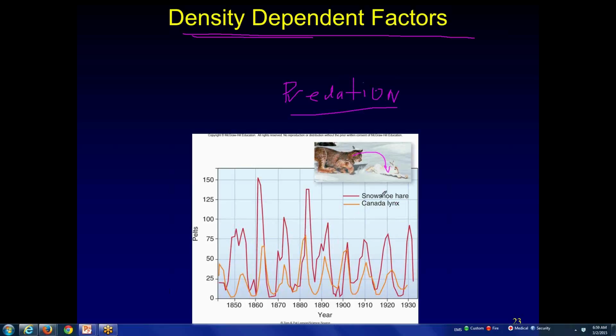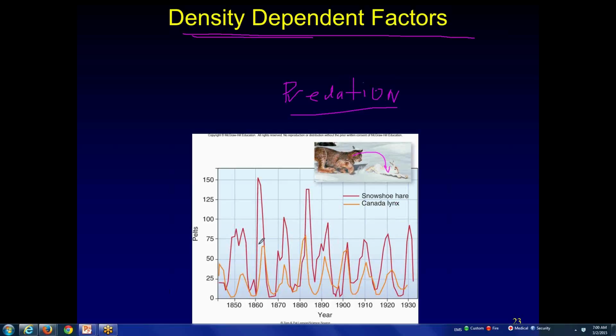And they've been tracking hare and lynx populations because we collect their pelts, and there are nice records that people have been keeping track of in Canada and sometimes in the northern United States. And you can see when the snowshoe hare population spikes, typically the lynx population then follows. At least that's the normal situation. So notice here